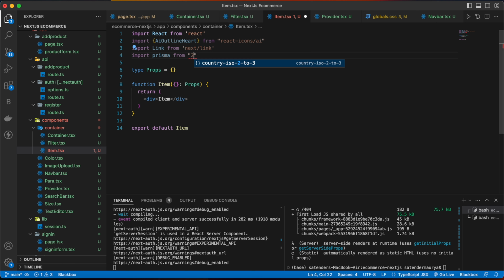Let's add a folder named container and push and add this container in that folder.